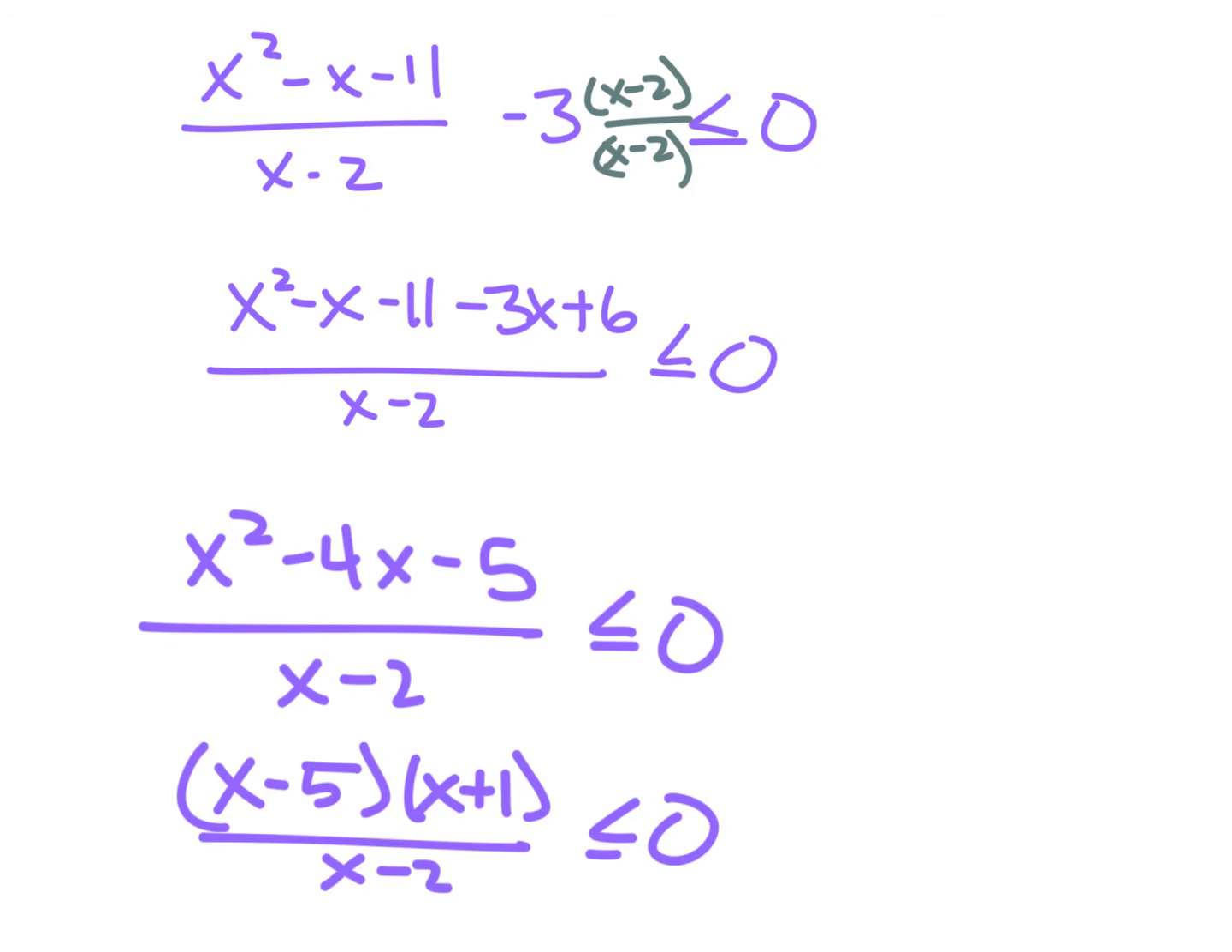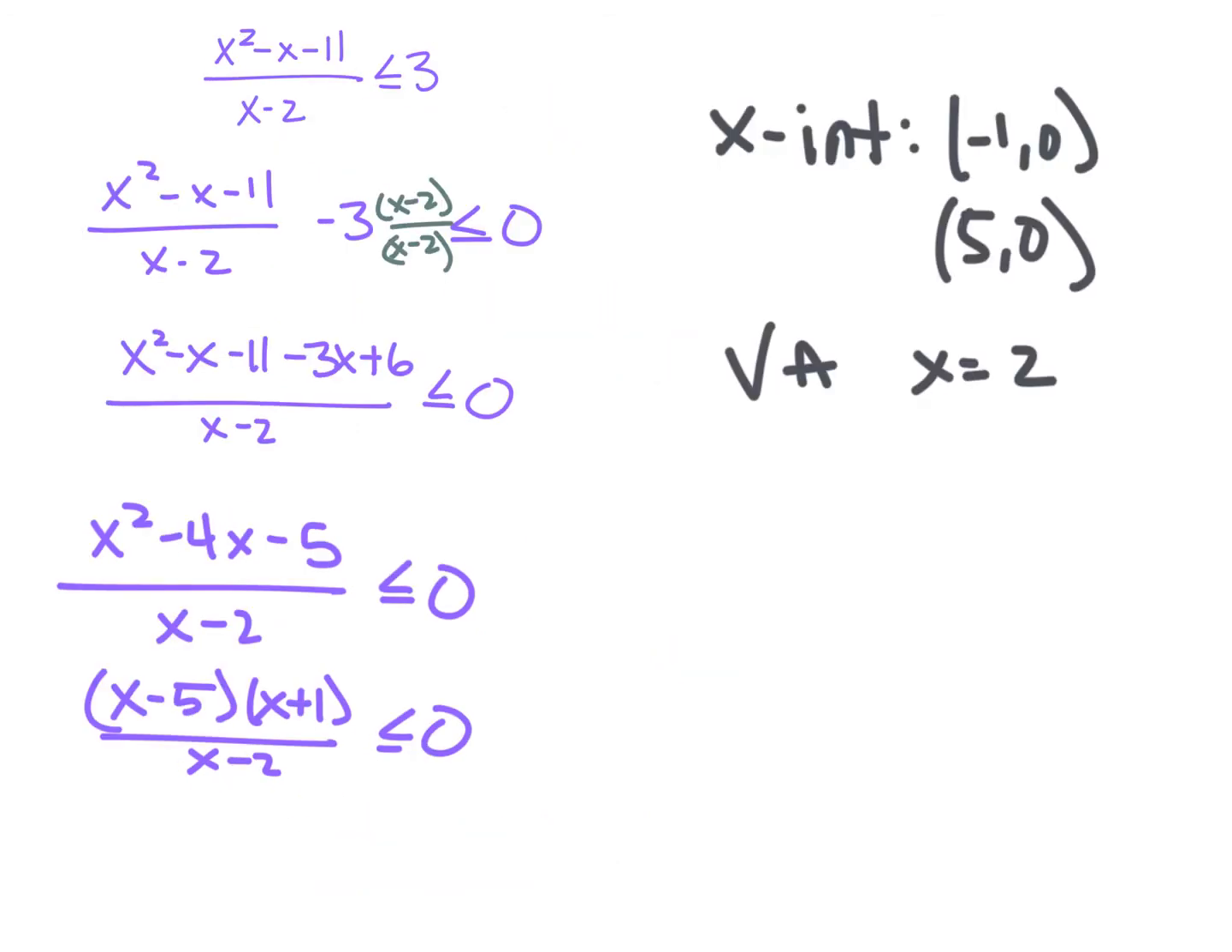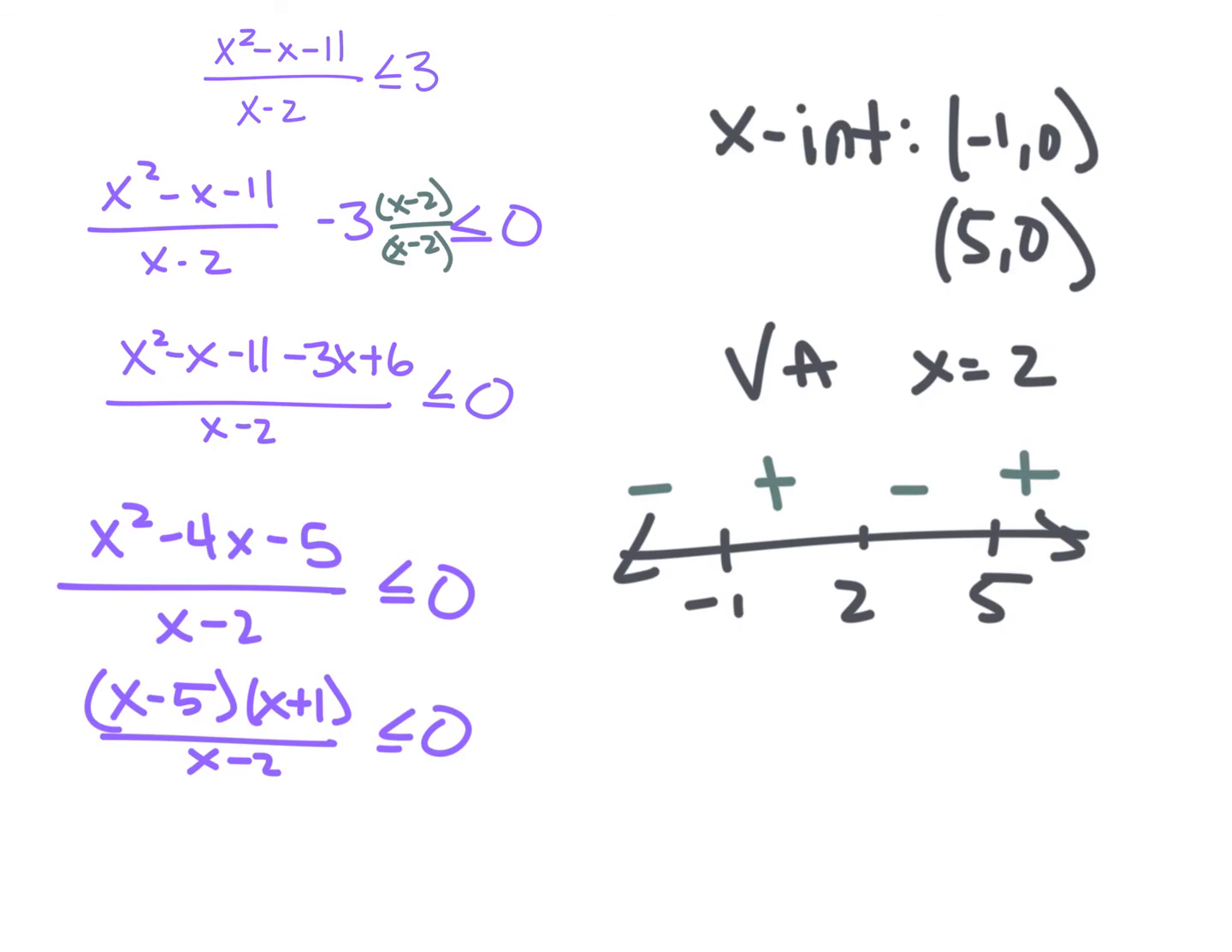So now we can find our x-intercepts and vertical asymptotes. This gives us x-intercepts at -1, 0, and 5, 0, and a vertical asymptote at x equals 2. So all of these are going to go on my sign chart. Again, now I can just go right here, plug this into the calculator, and test intervals. Once I've tested those intervals with the calculator, I get negative, positive, negative, positive. And because I'm looking for whenever it's less than or equal to 0, I'm looking at these negative signs. And so my answer would be from negative infinity to negative 1. Now negative 1 is included. And then from